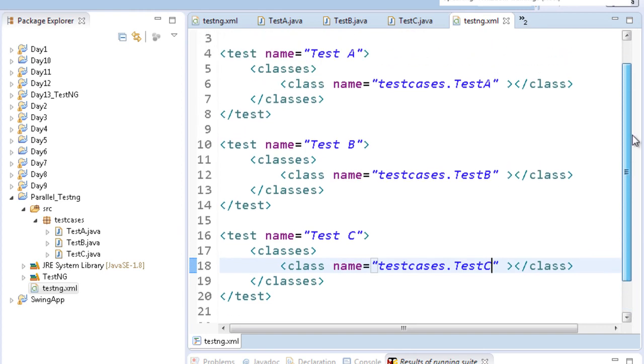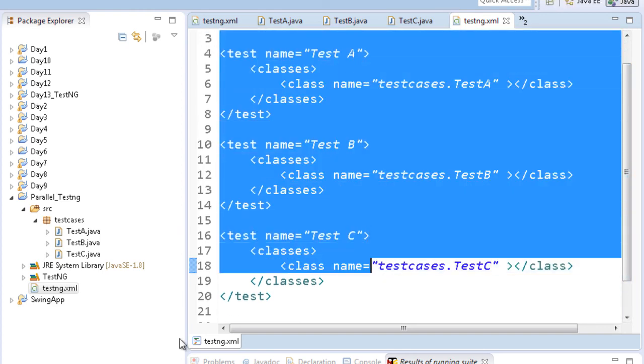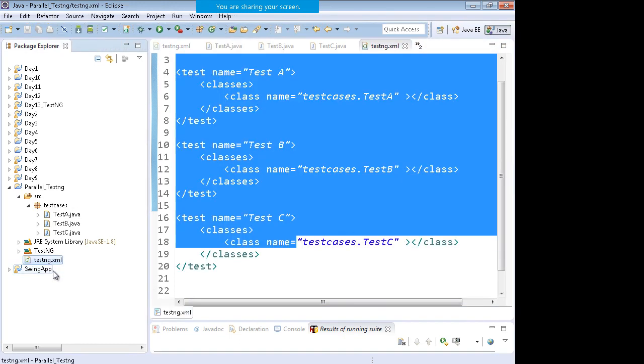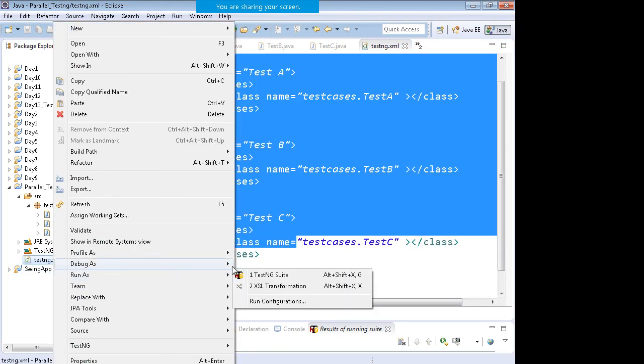So I mentioned the 3 test cases, and every test prints starting the test, a delay of some seconds, and ending. When I run this by testng.xml, run as TestNG suite,